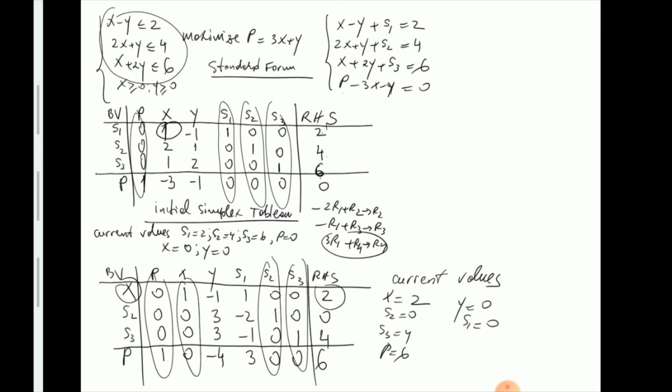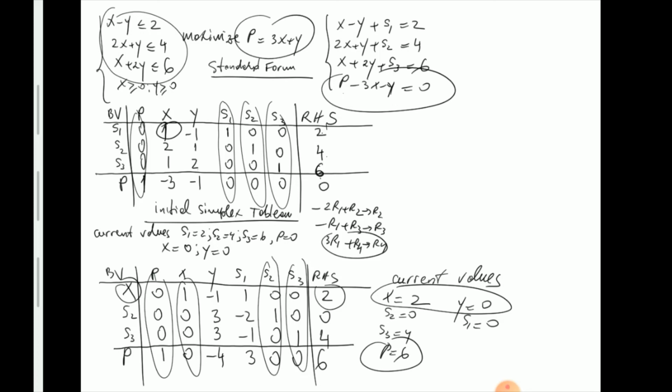And notice again how x and y and p are in agreement, coming from the objective function. So remember, the objective function was p equals 3x plus 6y. So 6 should be equal to 3 times 2 plus 0, which it is, right? You don't have to do this check, but just want to emphasize that the current values should obviously satisfy the